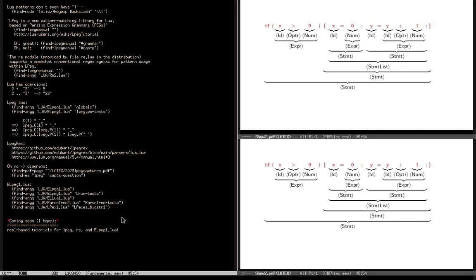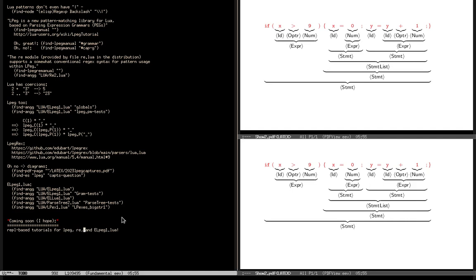I wanted to show many more things, but I wasn't able to prepare them before the conference. I hope that soon, for some value of soon, I'll be able to create REPL-based tutorials for LPeg, Re, and LPeg1.lua, where LPeg is something very famous, and Re is a module of LPeg.